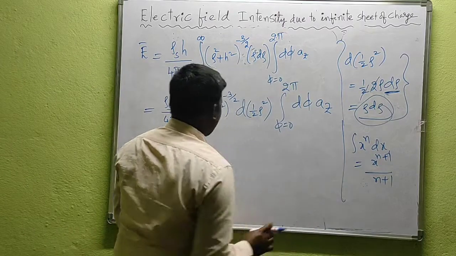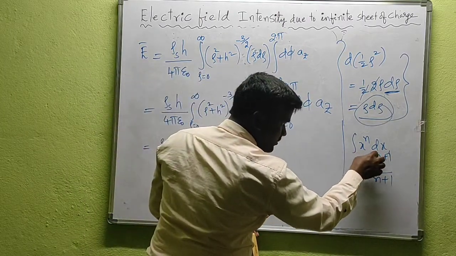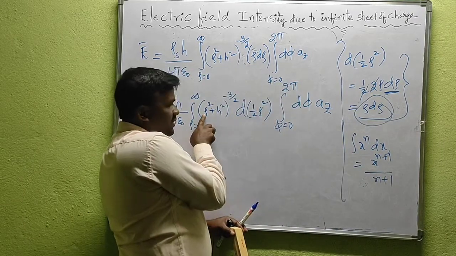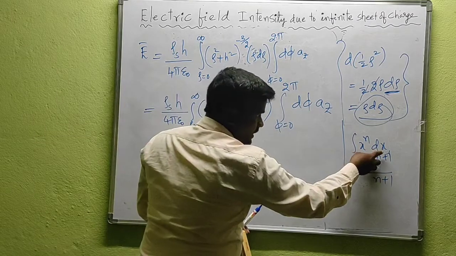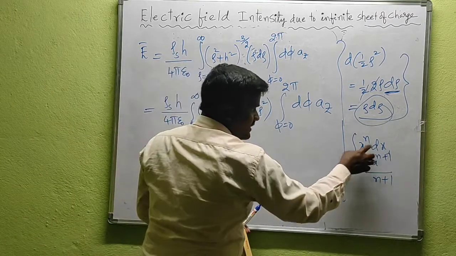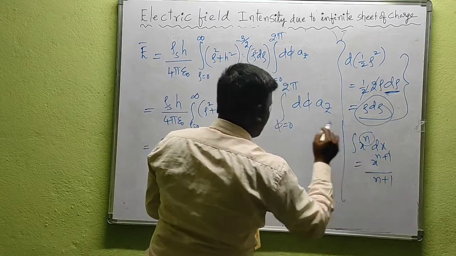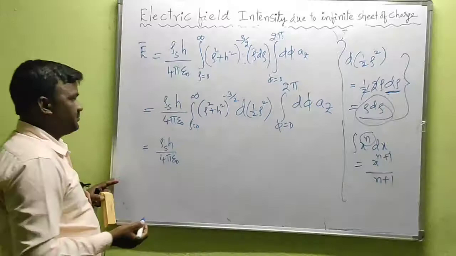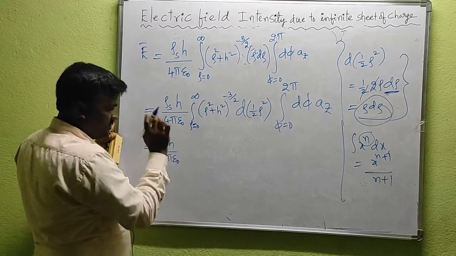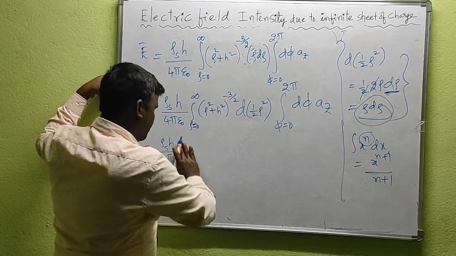Here x to the power n, integration with respect to x. Here also integration with respect to rho square. Here the function is rho. Here dx, here x, here rho square. Here x, power is minus 3 by 2. Here in case of n, we have minus 3 by 2. Okay. Still if you have doubt, please contact me in this case. Okay. Now here rho equal to 0 to perform the integration.